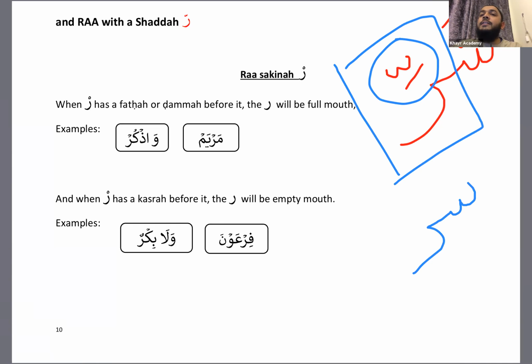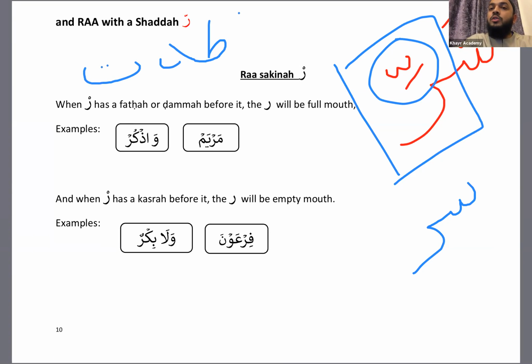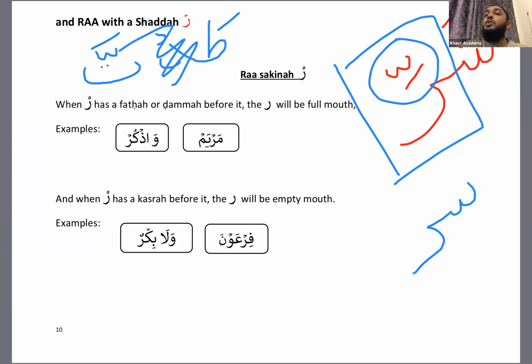That's why in the Quran, if there's a letter like this, imagine there's a ta, dal, and ta. Imagine the first ta has a fatha and the dal has a sakin, but the next letter after the dal has a shadda. What do we do with the letter with the sakin? We ignore it. So we don't read the dal at all. The first ta catches the second ta straight away, because the dal can't catch the ta because the dal is dependent. So we just ignore the letter with the sakin.